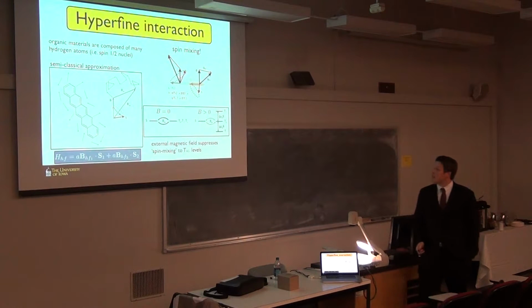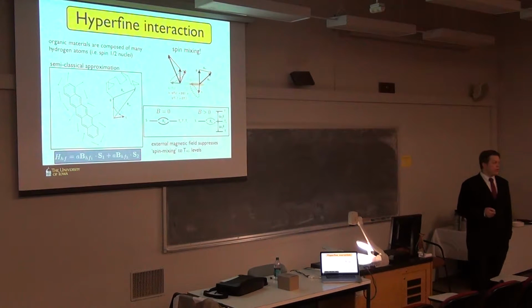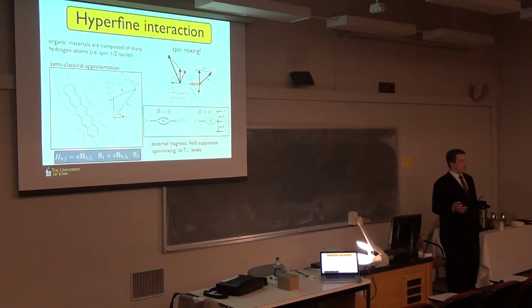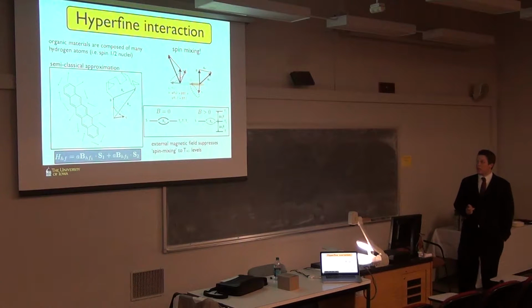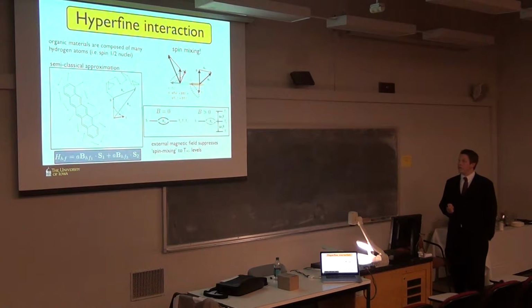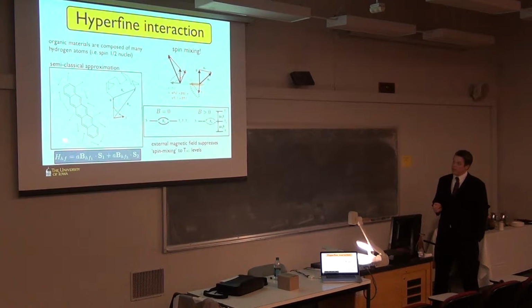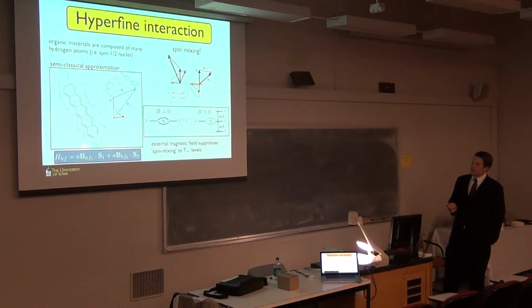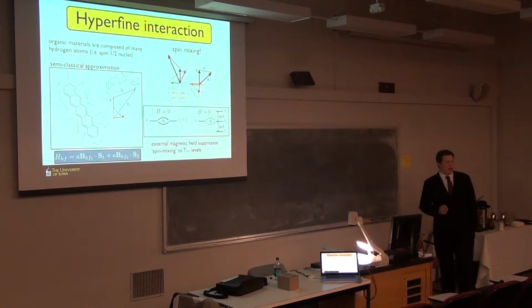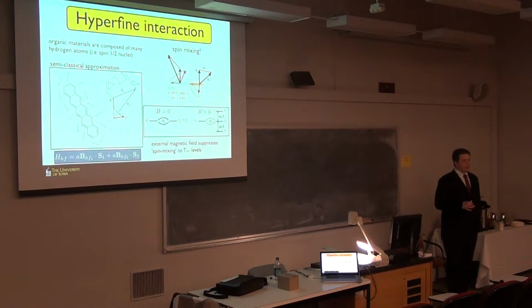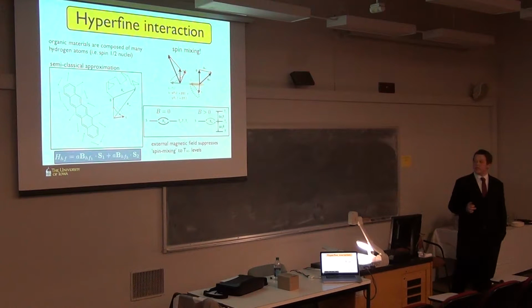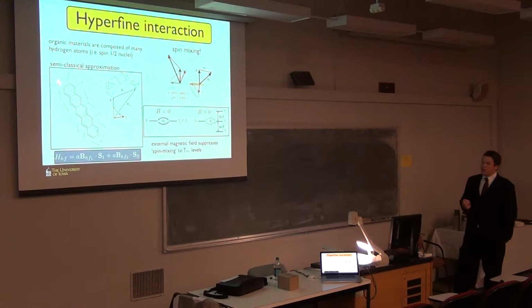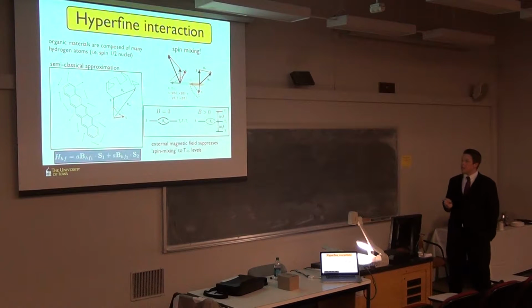Just to rehash what that is, in organic molecules, you have a lot of hydrogens, you have a lot of carbons. Carbons have very few magnetic nuclei, so they're not really going to contribute much, but hydrogens have a lot of spin 1/2. So here's just an example of pentacene. And all these little arrows going around signify the random hyperfine fields from the nuclei, from the hydrogen nuclei. And we're at high temperatures, so of course these are random. We have a lot of them, so we can add them up. You get some semi-classical vector out, V_HF.